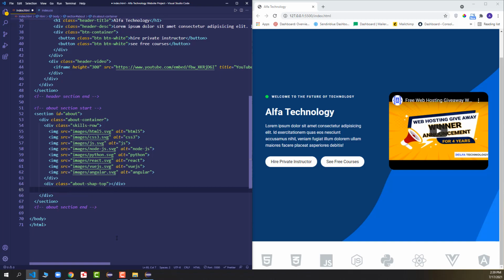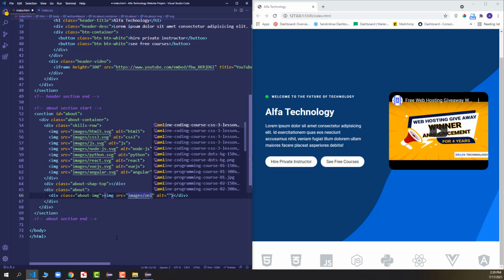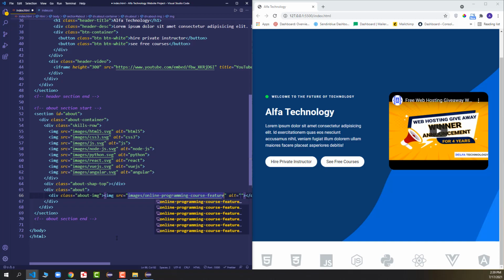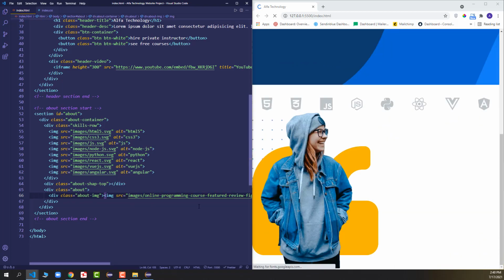So this shape will help us to design a rectangular shape, and then we have dot about class, and in the about class we have dot about image, the left hand side of the about section, and inside of this we have an image tag as images slash online programming course featured, and here we say review figure, and you can see we got the image.